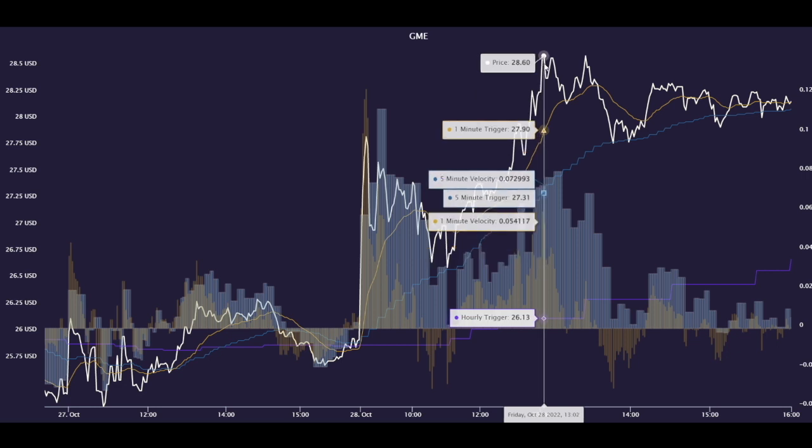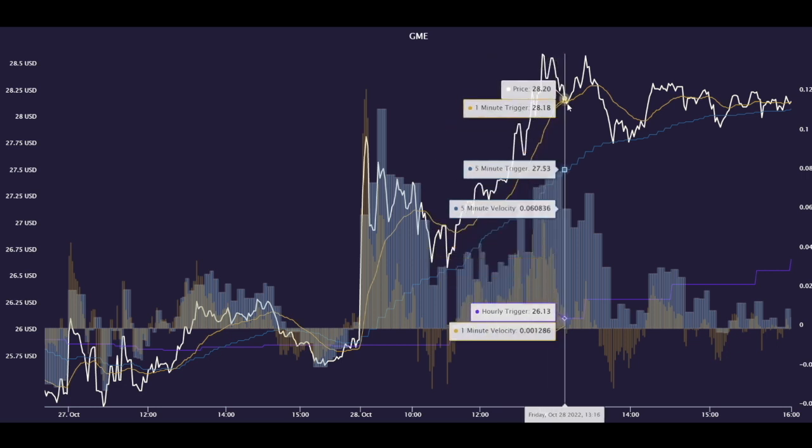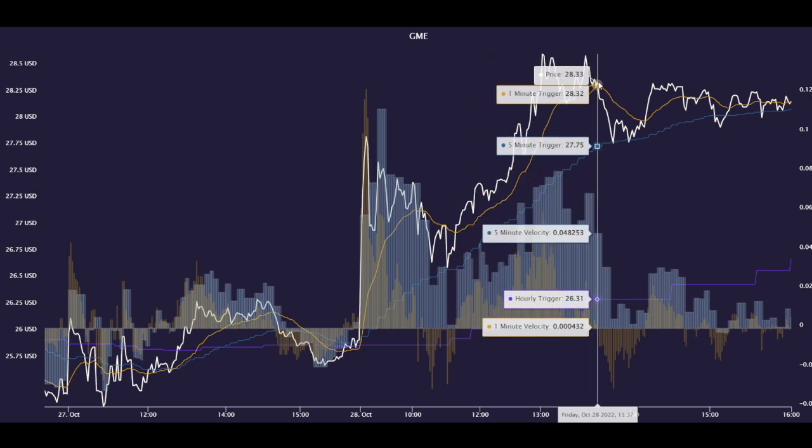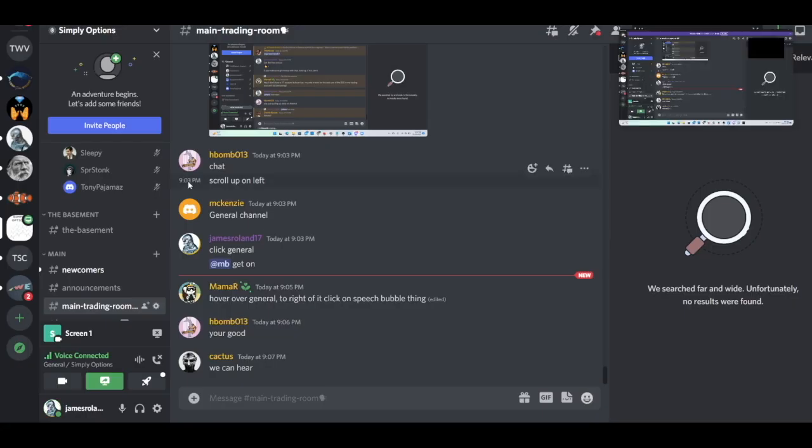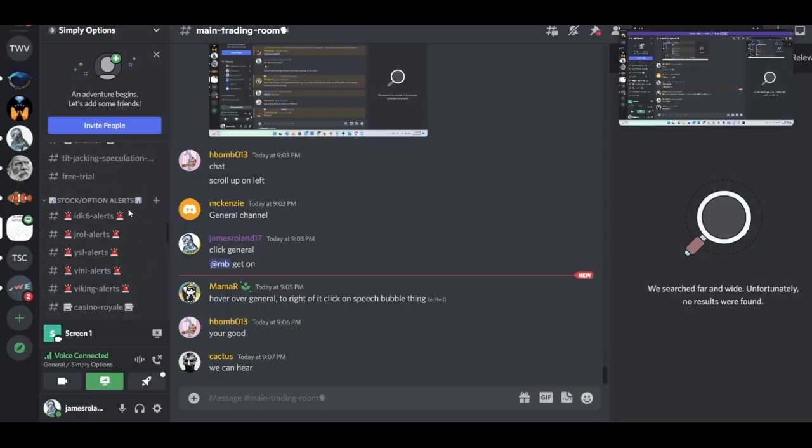All right. Once you have your 3 bearish divergences, if you don't want to sell the top, at least use the 1-minute trigger as your stop loss. And so on Friday, if we go to, you know, Gavin's channel,